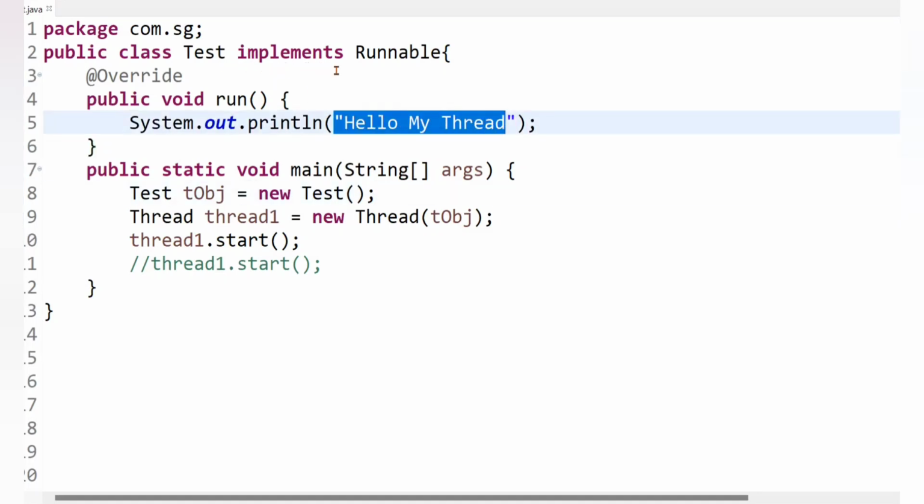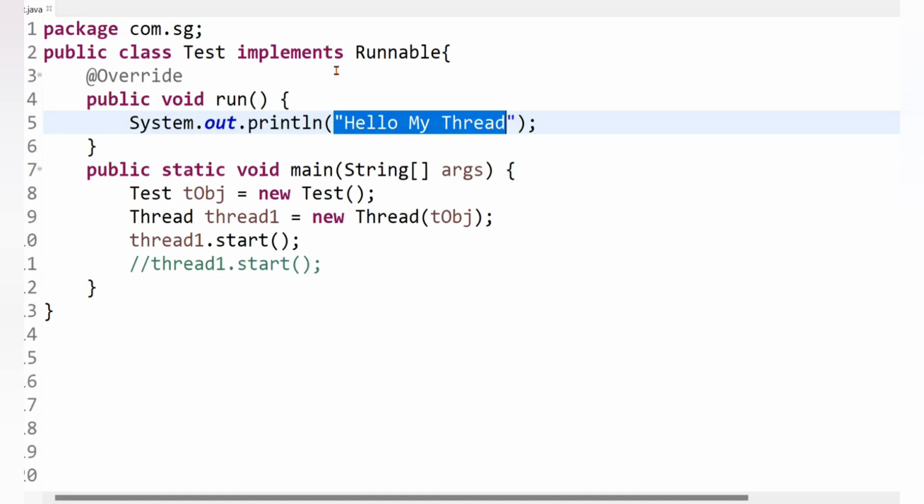And once thread1 finishes executing the code inside the run method, it enters the dead state. This means thread1 will terminate, and there is no more code inside the main method to execute, and therefore the main thread will also terminate. And when both the main thread and thread1 have terminated, the JVM can shut down and the program will end. Okay, clear?